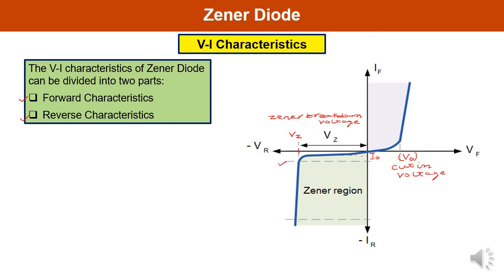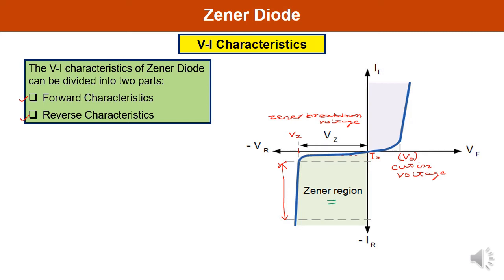You can observe from this region to this region, the voltage Vz is constant over here, and any increase in the source voltage will result in an increase in reverse Zener current. And here in this particular diagram, you must note down this particular point as well. After the reverse breakdown, the Zener diode operates in this particular region, which is known as the Zener region, and